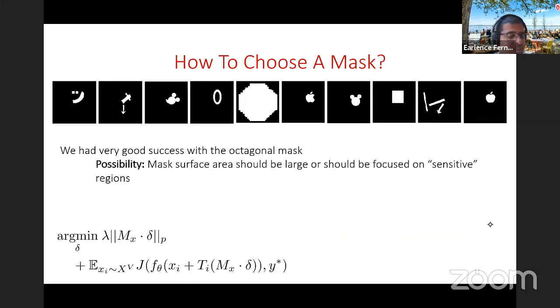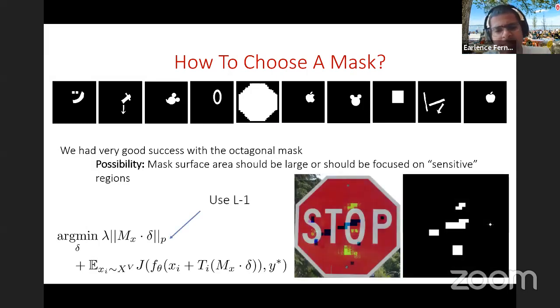Choosing a mask is still an open question. We came up with a very simple hypothesis: we can do two rounds of optimization in L1. L1 is a sparsity norm, and the idea is that the optimizer will favor fewer pixel changes over many pixel changes, and they will coalesce around important parts of the object.